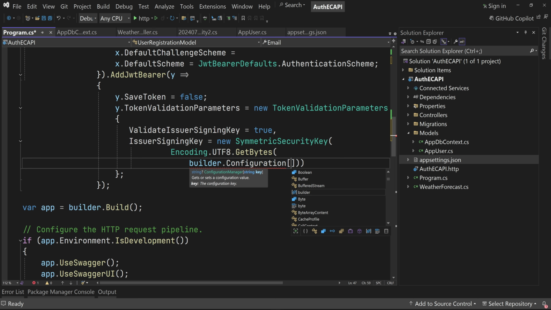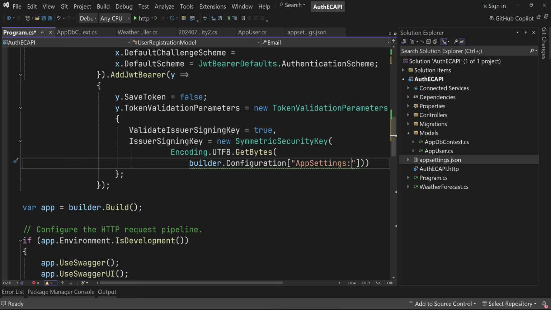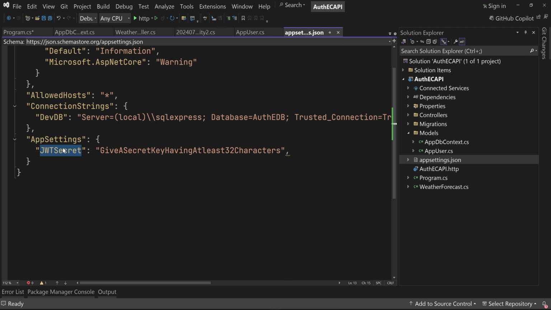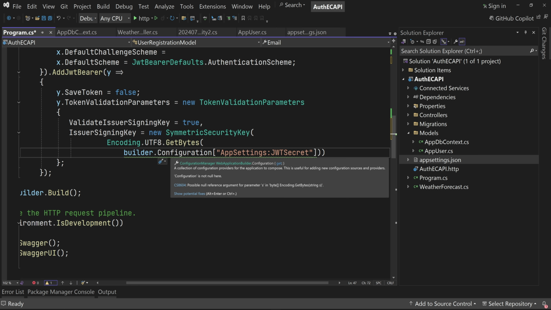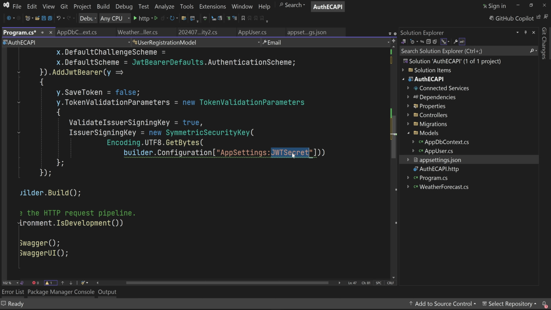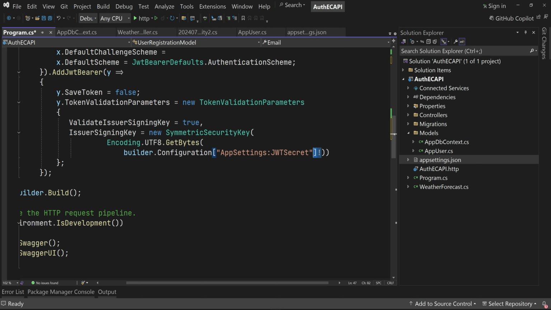builder.Configuration. Now let's provide the path of the key. So inside appsettings, we have JWTSecret. Now you could see a green squiggly line here saying there is a possibility of null inside this key. We already provided a value for this key. So at the end of passing this key, you can add this exclamation mark like this. So in this way, we can turn off the possible null warnings when we can always ensure a value